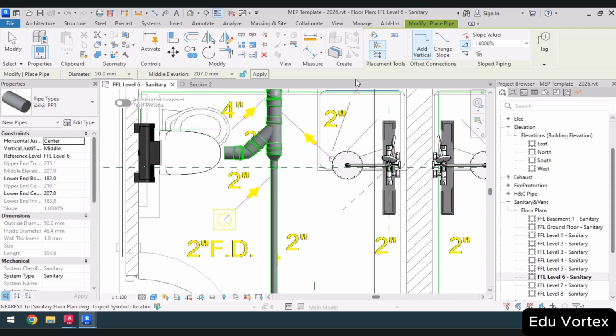Let me remind you of 3 methods for determining height. First, I draw the initial pipe in this section. I set a specific height, which is then entered into the middle elevation. Second, if I want to draw from the extension of a fitting such as a T or elbow, I select it and right click to access the draw pipe option. And the third method is if I want to take a branch from the middle of the pipe, I activate the appropriate command. So next I have slope as I approach the fixture, so the slope is positive and directed